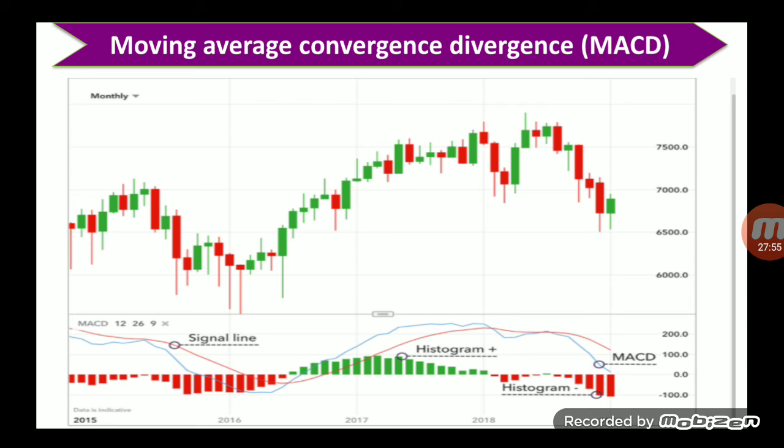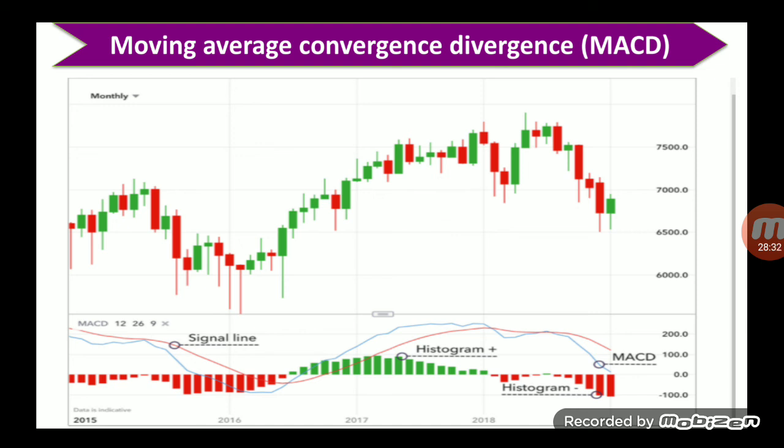Suppose the MACD line crosses from below and increases above the signal line, and the divergence, meaning the distance between the two lines, increases, and the histogram is created above the zero line. So it indicates the price of the stock will increase. And if the MACD line, that is the blue line,